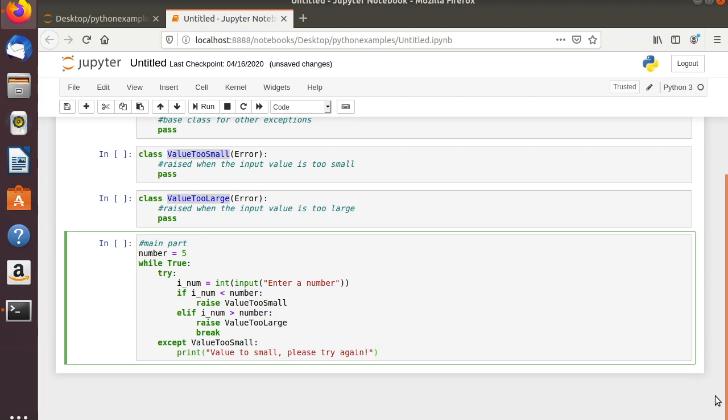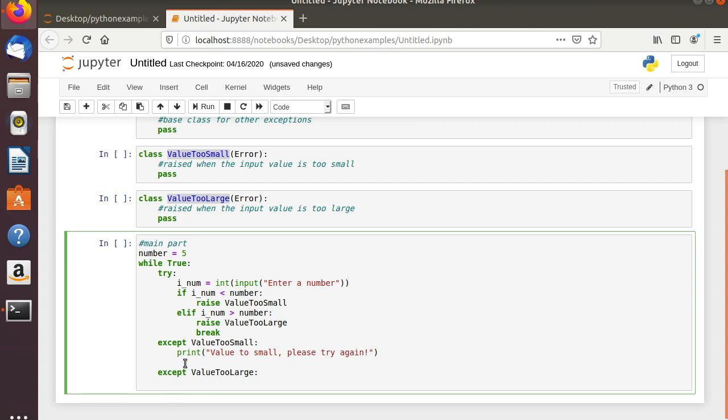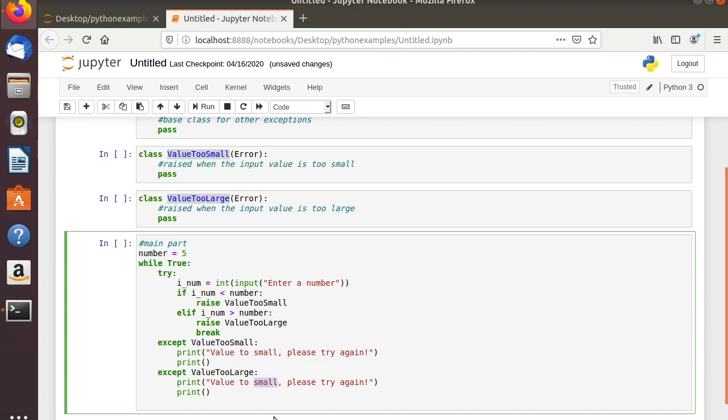Okay, similarly except, if value is too large, then what we do, similar message. Okay, let me give a blank print also, and let me do a cut copy paste there. Here I will make large, value is too small, value too large. Okay,